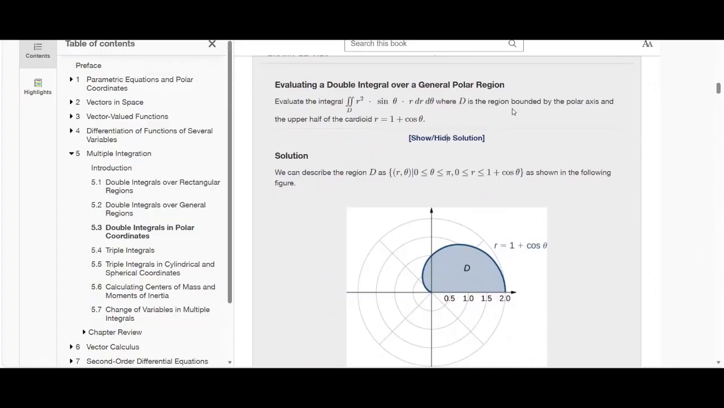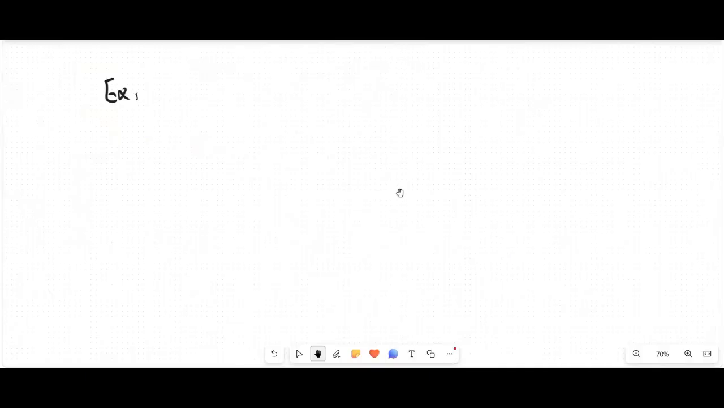They say the polar axis. I've never heard anybody use this term before. Region bounded by the polar axis and the upper half of the cardioid. There's no reason to put it that way. Okay. Anyways, let's just do it. So they want us to integrate this function, r squared sine of theta. They put in r dr d theta for us. So they want us to evaluate this,